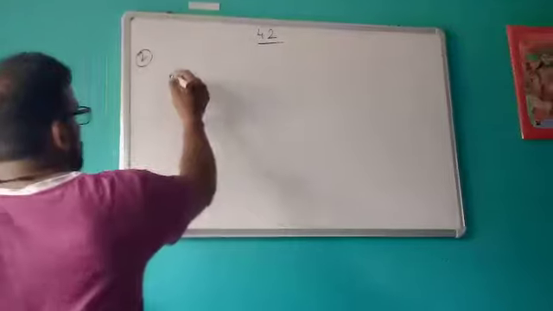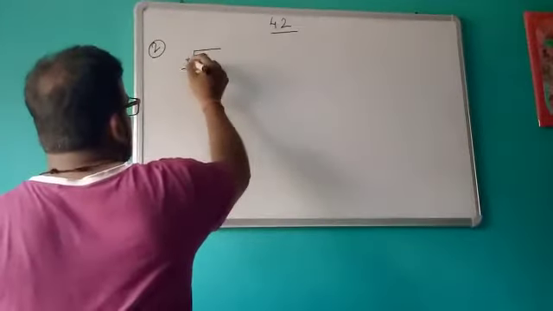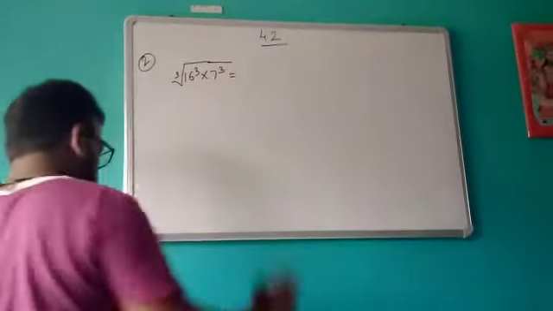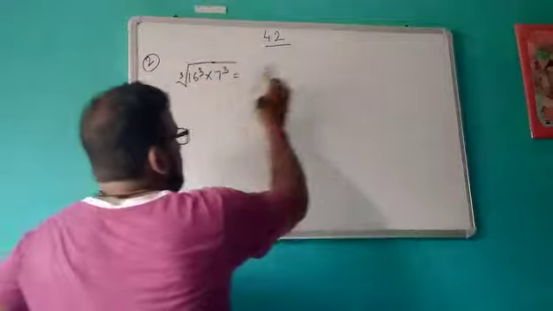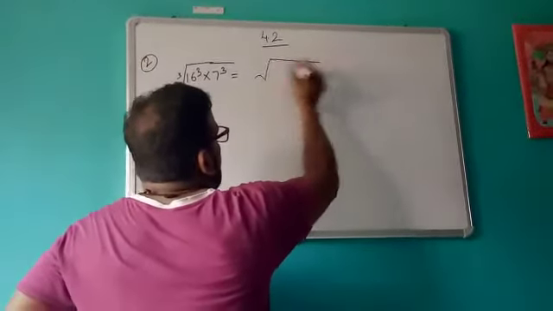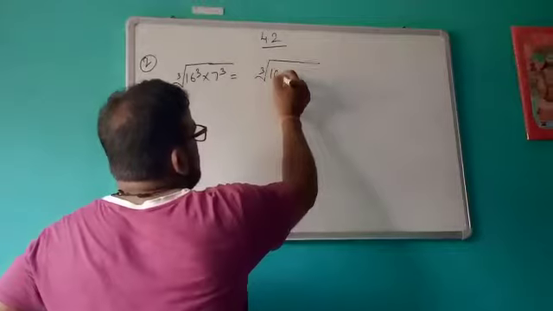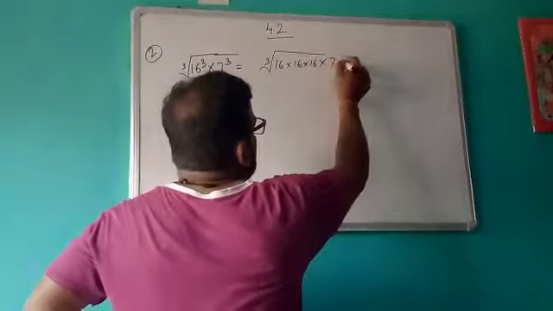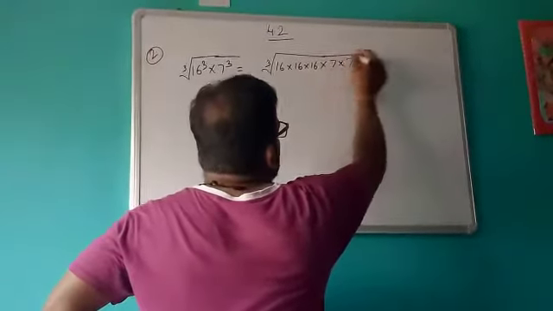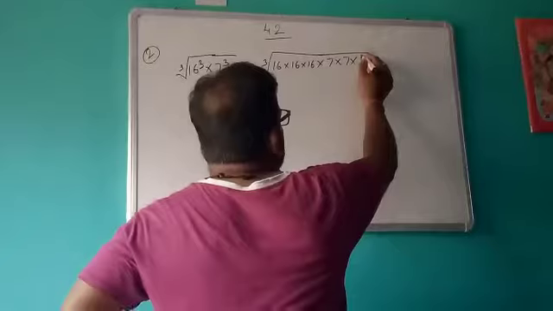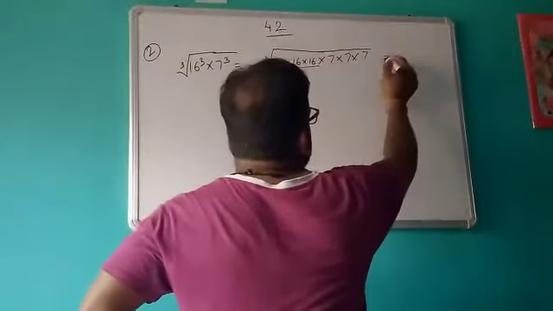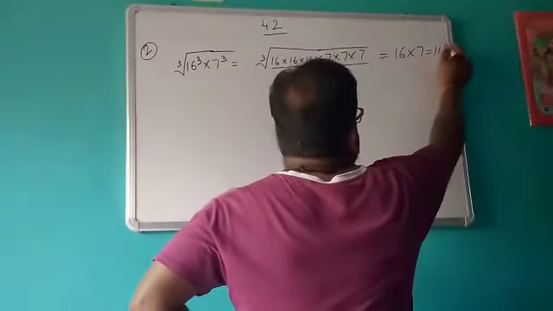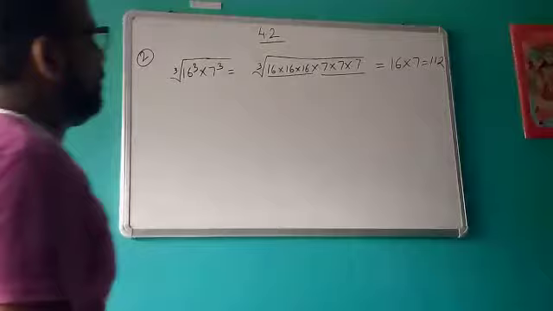Next, suppose we have to find the cube root of this product. Okay, 16 cube into 7 cube. So like I have told you, we can separate these, or you can write it like this. 16 cube means 16 into 16 into 16, into 7 cube means 7 we will write 3 times. So if you see carefully, one group of 16 and one group of 7. So like this. Okay, so this will be your cube root.